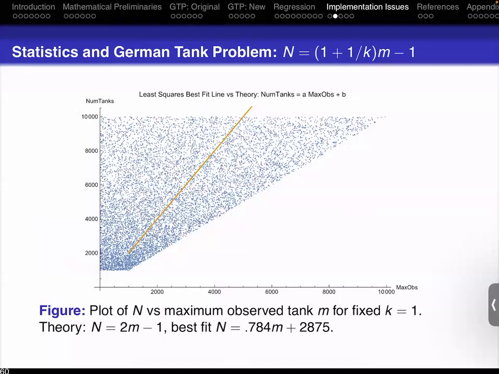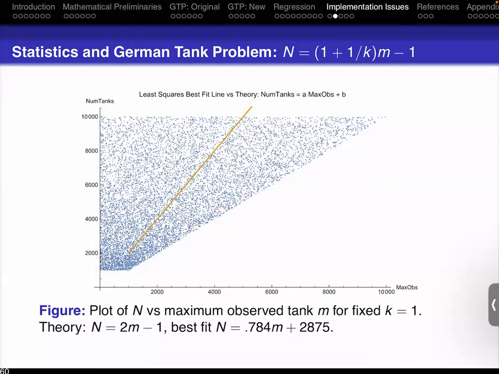And I'm going to do somewhere between 1,000 and 10,000 for the number of tanks. And I'm going to do a lot of observations. I'm going to see how many times I have different values of n. So again, maybe I choose n to be 2016, maybe 5400, maybe 8888. And for each choice of n, I choose one number from 1 to n, and I record that. So each of these dots is one outcome.